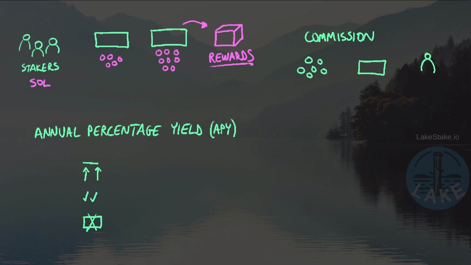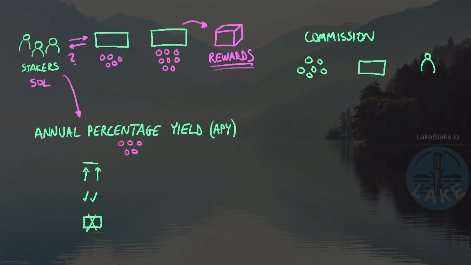So if the validators are getting rewards, well, what's in it for the stakers? If we want the network to be healthy and for everybody to properly contribute to the network, then we would really like this to be mutual as far as how the rewards are delivered. In fact, stakers do get rewarded, and they get rewarded thanks to the annual percentage yield, or APY. APY delivers a return on staked coins.